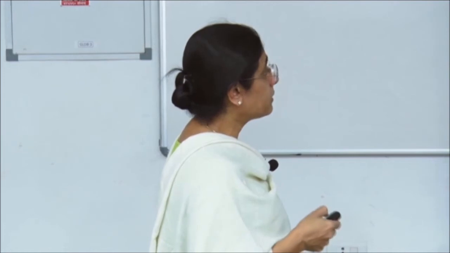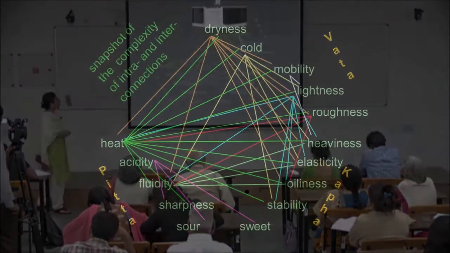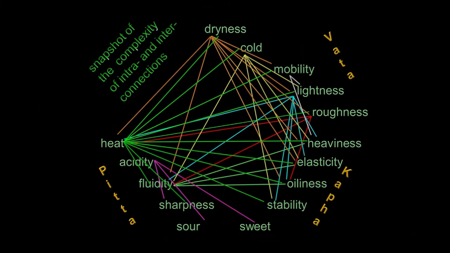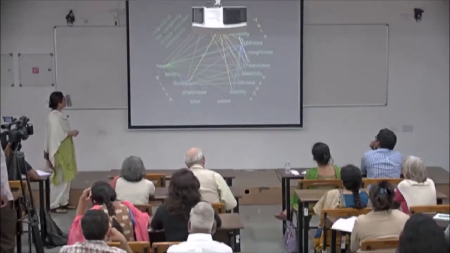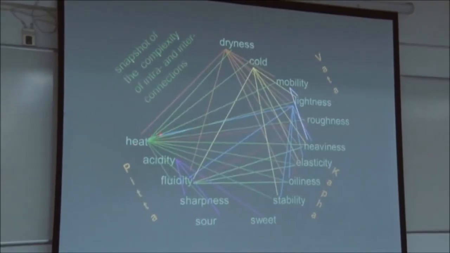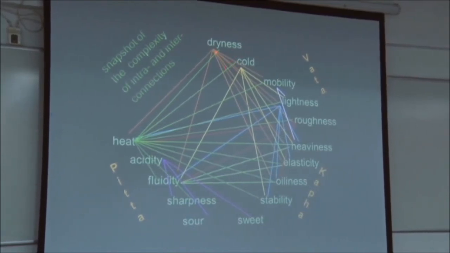So this is a big, fundamental difference between Ayurveda and modern medicine. This is a snapshot of the complexity of the intra- and interconnections between the various parameters in Vata, Pitta and Kapha. You can see that, let's go back to this parameter. When there is an increase in temperature, it's going to cause increased dryness,